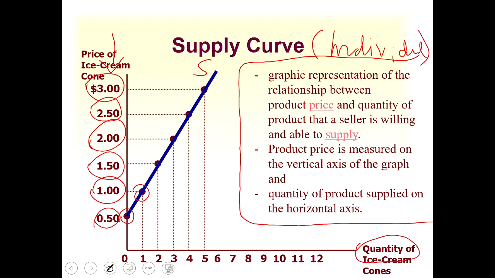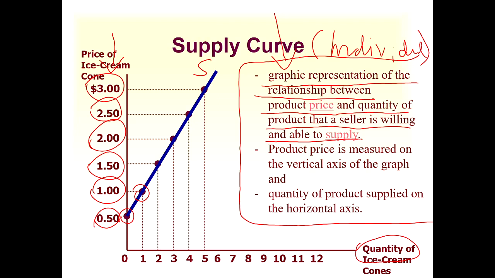So from this, let's look at this part. It says that it is a graphic representation of the relationship between product price and quantity of product that a seller is willing and able to sell. As you can see on the supply curve, on the x-axis we have the quantity, on the y-axis we have the price of ice cream. So at the price 0.5, like here, the quantity that the individual seller is willing to sell is 0, and as the price level increases, his willingness